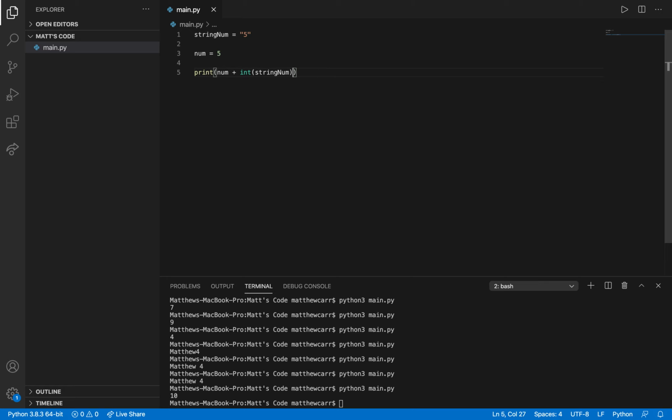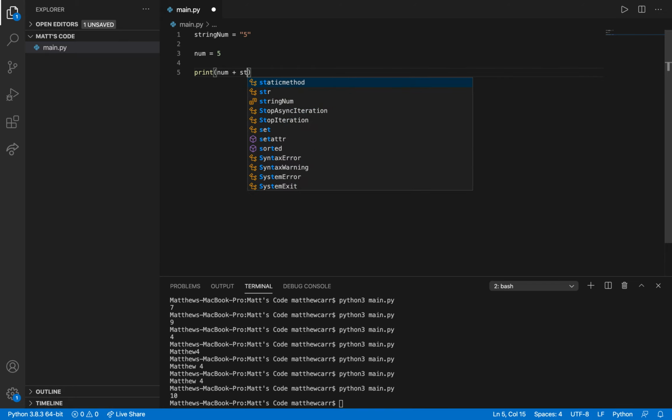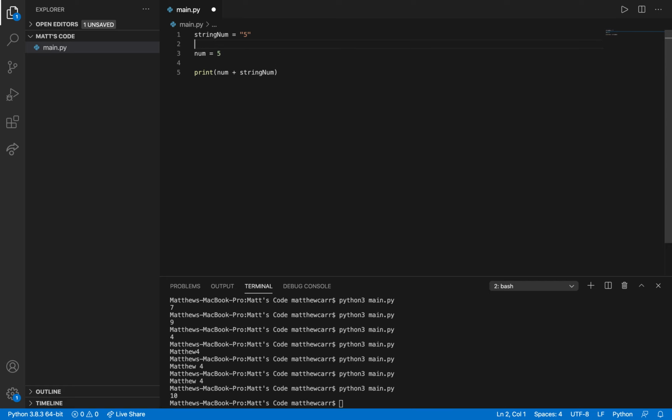Alternatively, I'll show you typecasting, where we change the value stored inside of it to a different type. Right now we have this string value stored in string num.